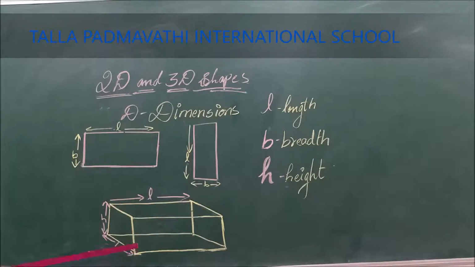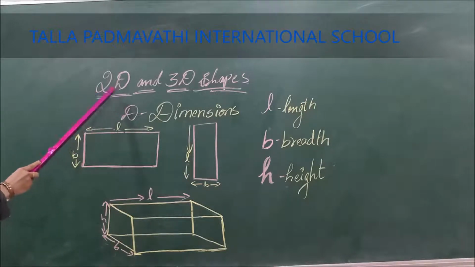Here is a shape. When we saw 2D shapes, there were only 2 dimensions, that is length and breadth. Now let us see the length, the breadth. Breadth is nothing but the width of the object. Next, the height, the height of the object. That's the reason we say that 2D shapes are plane shapes and can only be drawn on paper or touched on the paper. Whereas 3D shapes can be held in our hands, as they have height, length and breadth. So 2D has 2 dimensions.